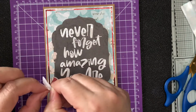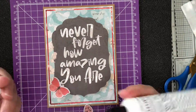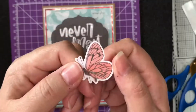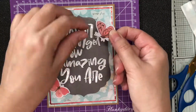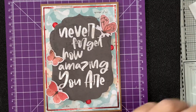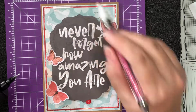I'm adding on 3 butterflies to cover up the edges of the die cut where you can see little petals just poking through there. Now the butterflies, I did go ahead and use some sparkle pen on those to give them a little bit of sparkle, and I'm placing this sideways butterfly so it looks like it's landing on the